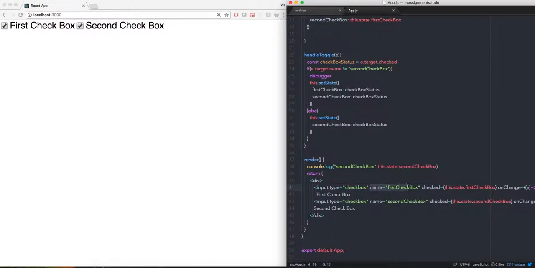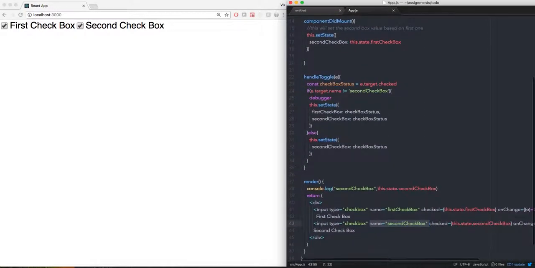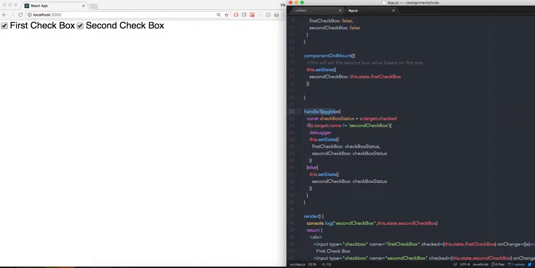This is very important in here, the name, the first checkbox and the name second checkbox, because if you have multiple input checkboxes on the same screen, while you click on one checkbox, it would trigger onChange for all the checkboxes. So you should have each checkbox a unique name,